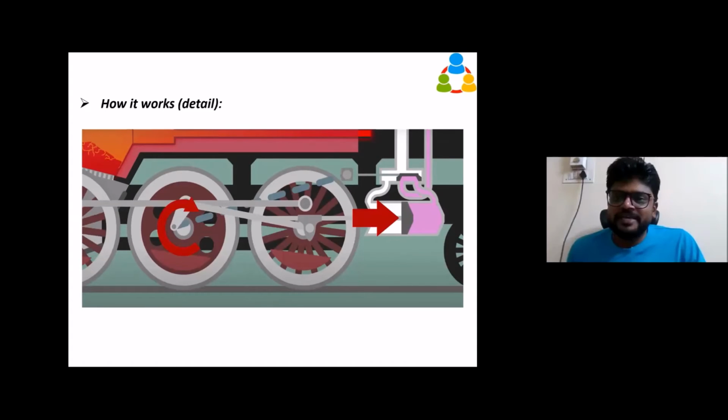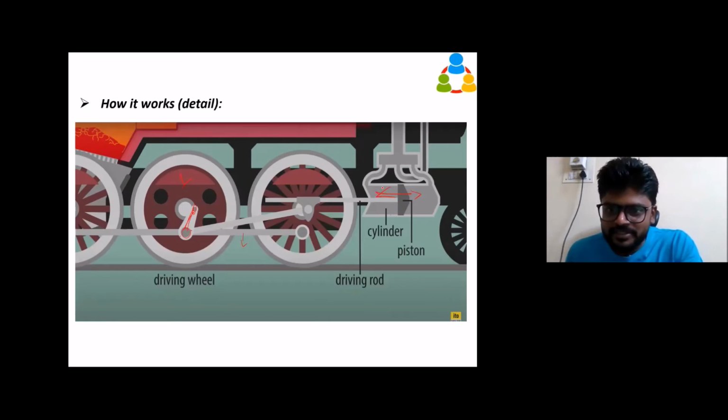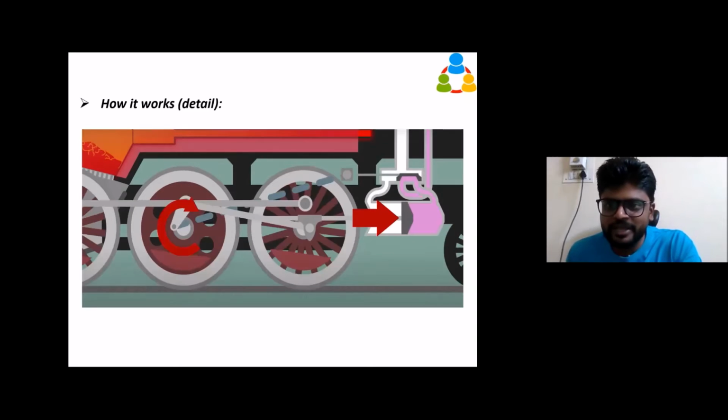So this white is called steam and the purple is called exhaust gas. When the hot steam, superheated steam, comes into it, this is called the sliding valve. You can see here, this is the cylinder, this is the piston. This one I never gave you the name for; now I am telling you the name. This is called a sliding valve. What is its purpose? It will allow the direction of flow of your steam from this.